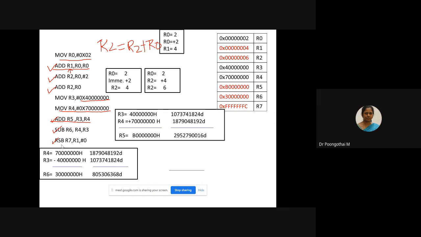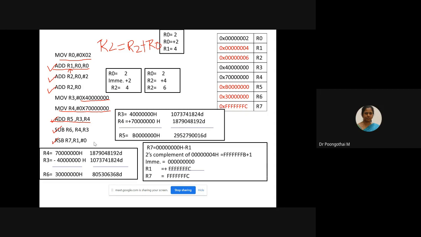Reverse subtraction R7, comma R1, comma 0. So what operation is to be performed here? How will it subtract? 0 minus R1. So your R7 is equal to 0 minus R1.